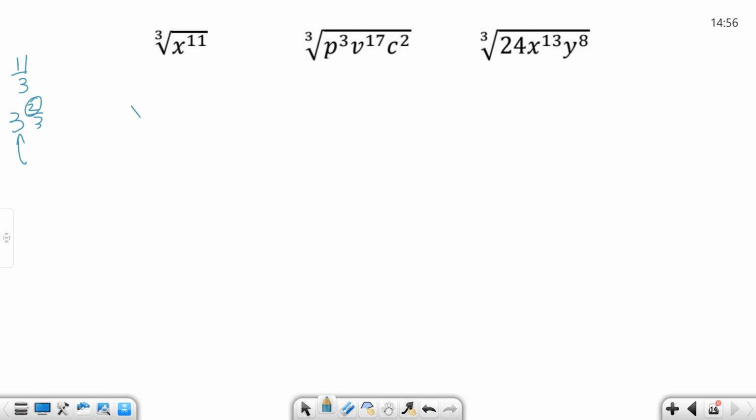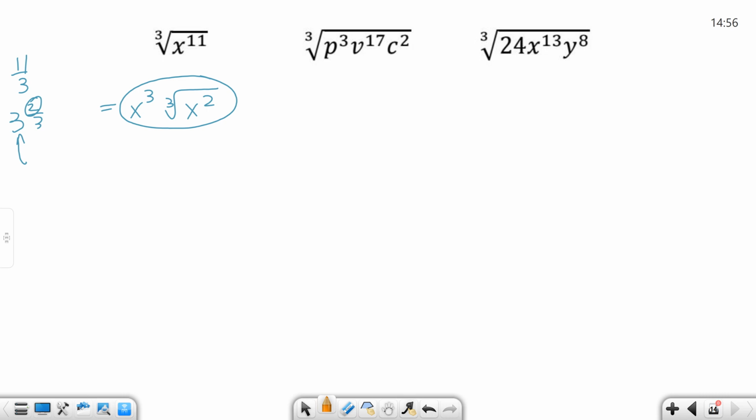So that means I have x to the third power. That's this right here. Comes out front, right? Outside the radical. X to the third power. And then under the cube root, the radical, I have what? X to this power, which is 2. So x cubed times the cube root of x squared for this one. And then the next one,